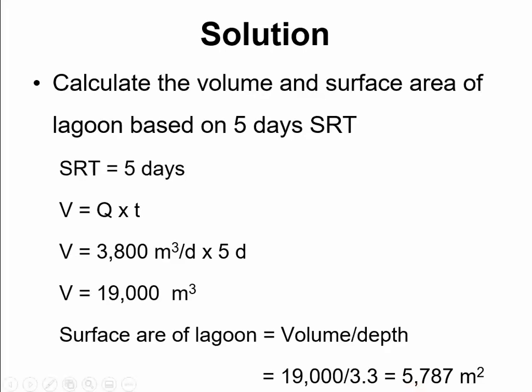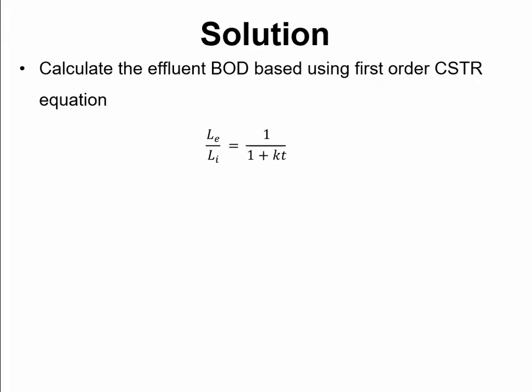You can also compare this area with the area of an activated sludge process having just 4 to 8 hours detention times. It would be very large as compared to the ASP area. And now the second part of the problem says that you have to calculate effluent BOD. So using the equation of first order CSTR, you can find out the effluent BOD. Detention time is known, influent BOD is known, however the K value has to be corrected for the temperatures of winter and summer respectively.